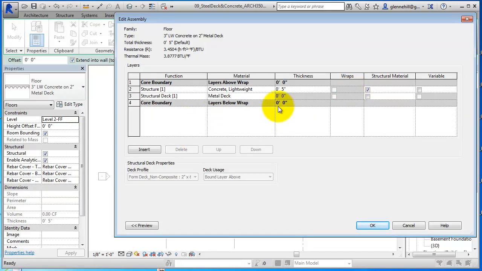Okay, and there are 2 or 3 things you'll see here. First of all, you'll see a structural deck has been put in here. That's the metal deck itself. And if I click on that metal deck, notice these go from, if I'm clicked on concrete, these are grayed out because they don't apply to the concrete lightweight. But if I click on metal deck, these 2 things apply right here. And the reason is because